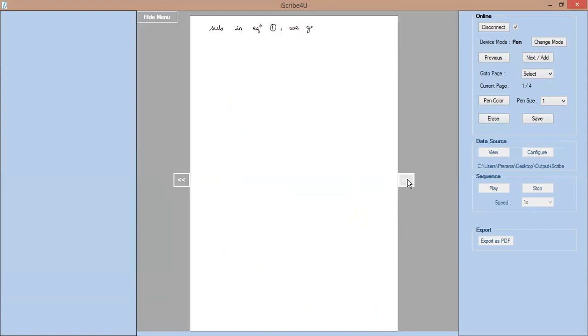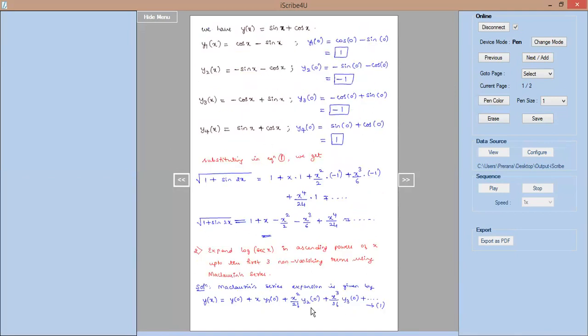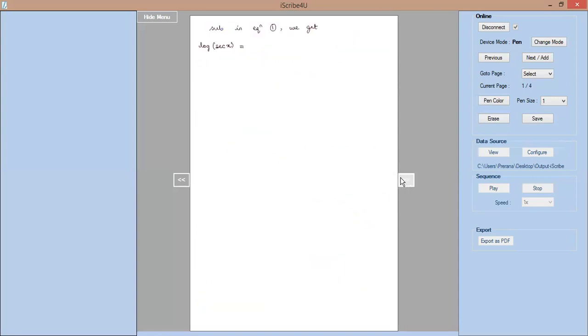we get y of x. y of x is nothing but log of secant x. Log of secant x is equal to, there are many zeros here, so I'll just substitute the non-zero values. So y2 of 0 means x squared divided by 2 factorial should be written as it is into y2 of 0, which is 1. So we substitute x squared divided by 2 factorial into 1,